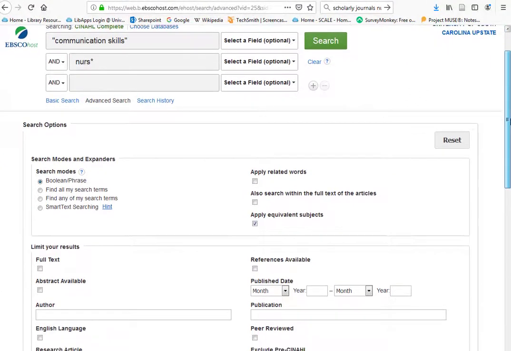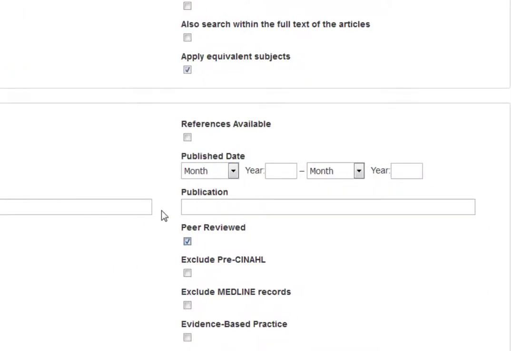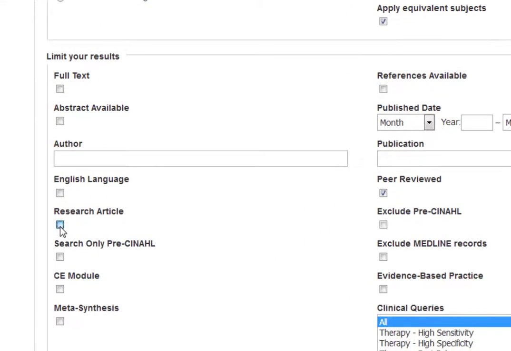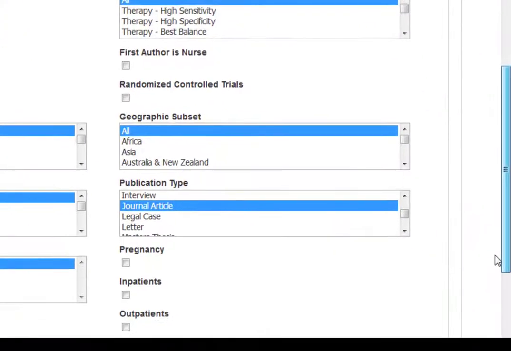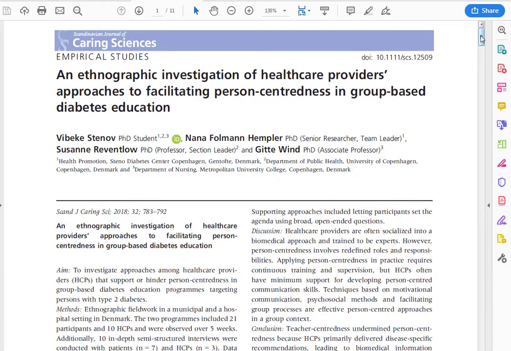Most article databases have a checkbox for peer-reviewed or scholarly journals, but this only gets you part way since these journals also publish non-peer-reviewed material, most notably book reviews. In CINAHL Complete, you could also check the research article box if that's the kind of article you need, or you can use publication type to limit to journal articles or specific types of articles like case study and systematic review. But even with all of these aids, it is ultimately up to you to determine what kind of article you have and its usefulness for your purpose.